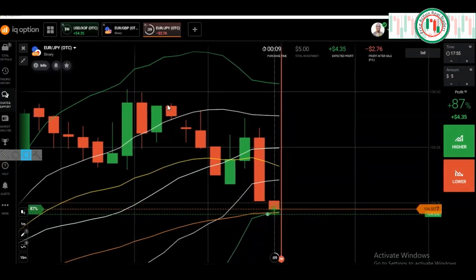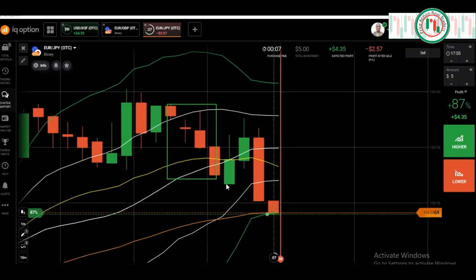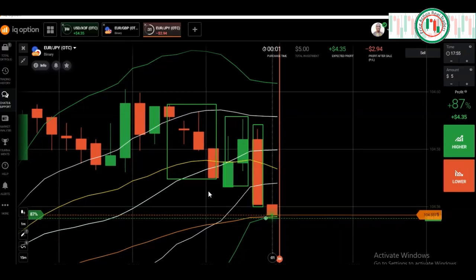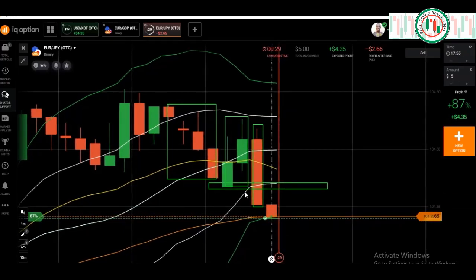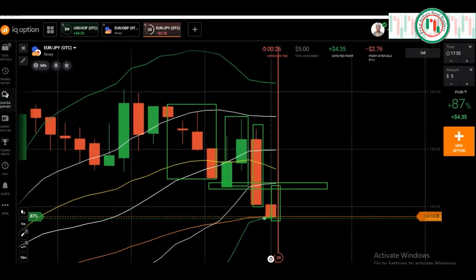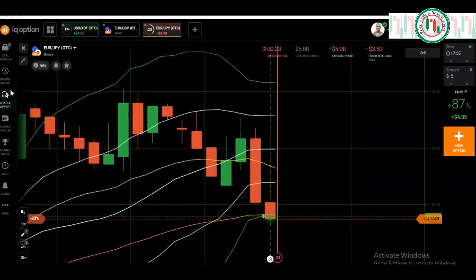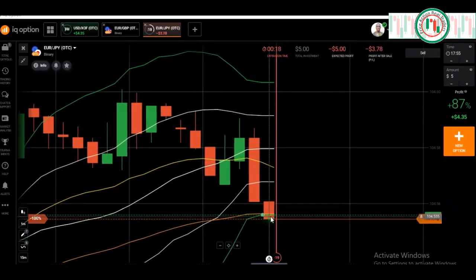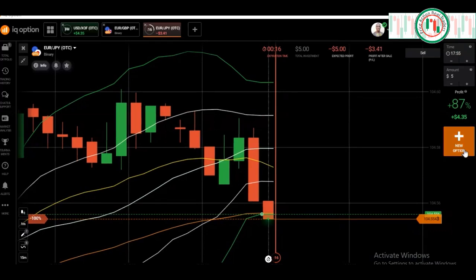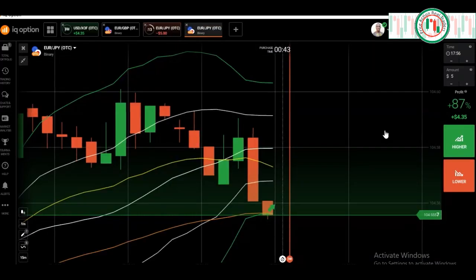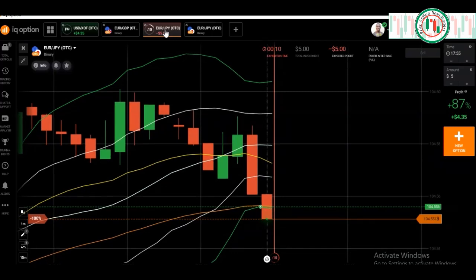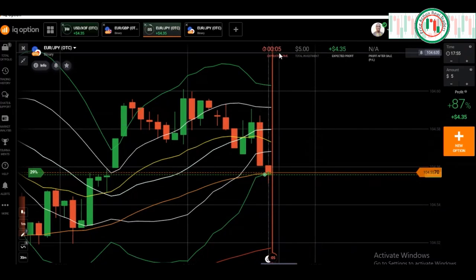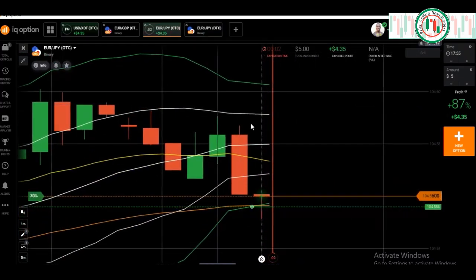What I can see here, you see market came down here, and here is engulfing. Here is another engulfing. So here is the zone. Market broke this zone, so you should expect bias to enter. That's why I placed my trade call option, but market is doing panic. I know it will definitely close above my entry point. We have 5 seconds. You see